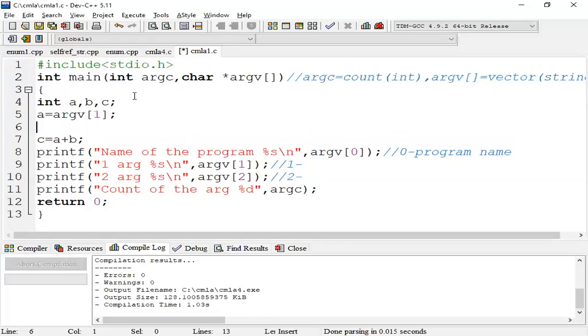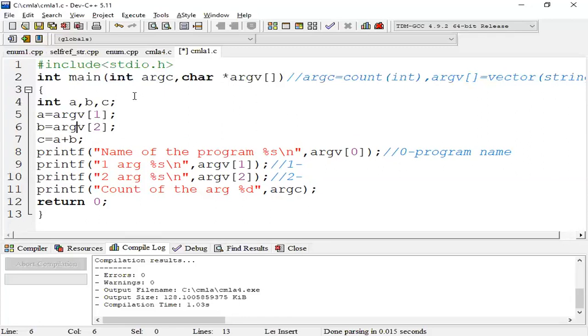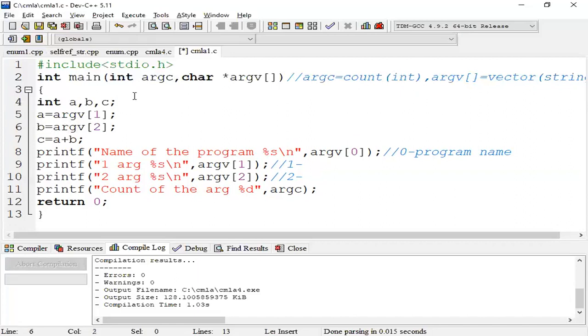Next b equal to argument vector of 2. But here argument vector of 1 is a string, and argument vector of 2 is a string. But a and b are related to integers. How is it possible? That is not assigned properly.